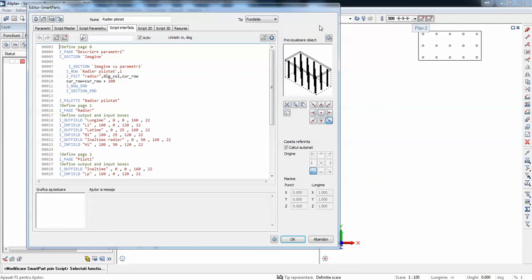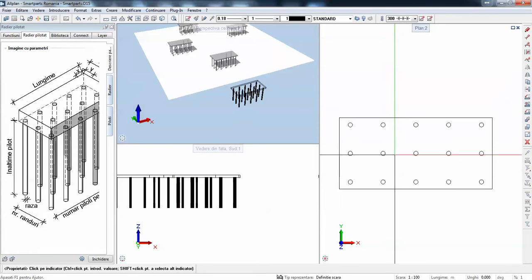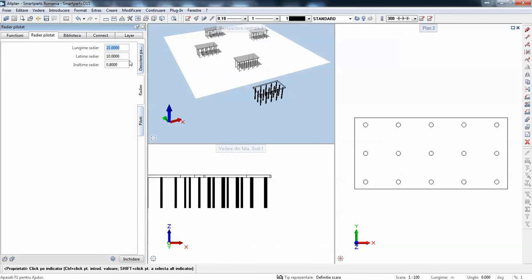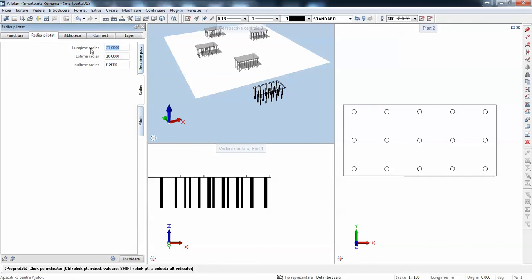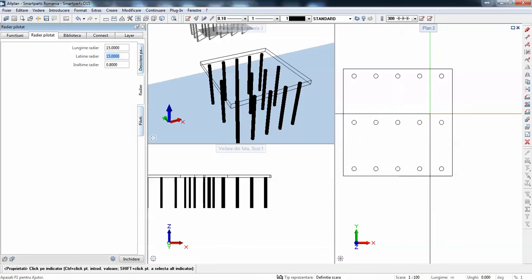This is an interface. So basically how it works. You just double click it, and you have some parameters: the length, the width, the height of the pile, the number of rows, the radius, and the number of piles on the other. These are the rafter or the slab parameters. So for instance, we can say 15 meters and they change. So the width 15 meters as well, and they also change. And this is the thickness. I can say 1 meter.